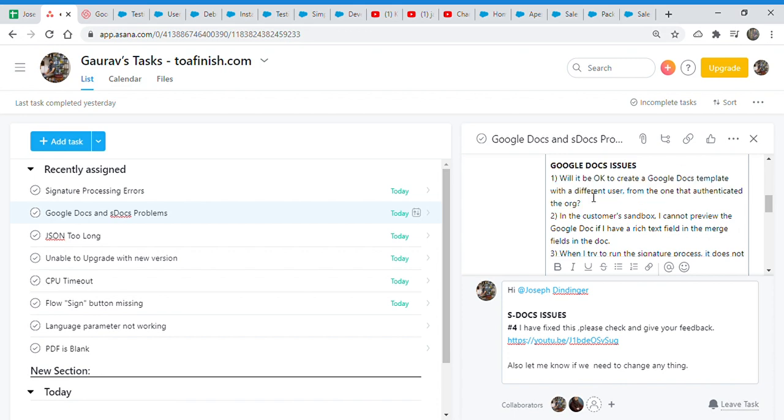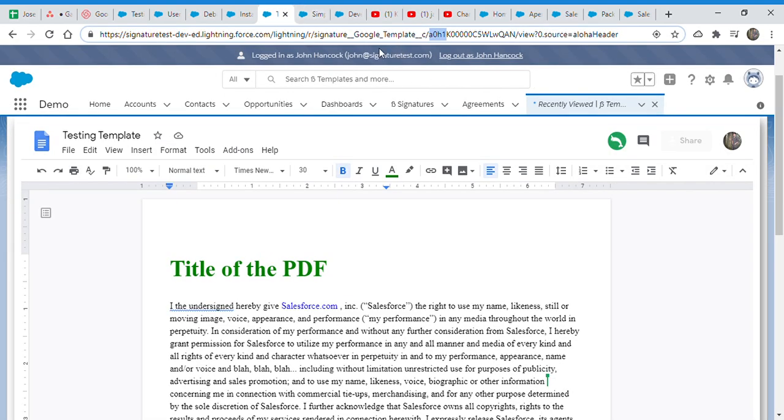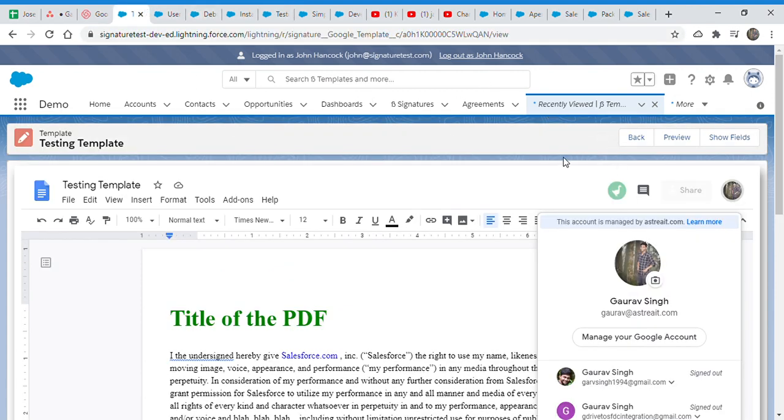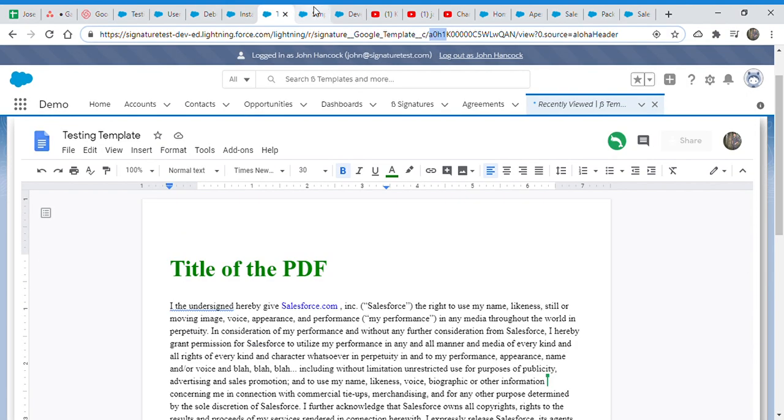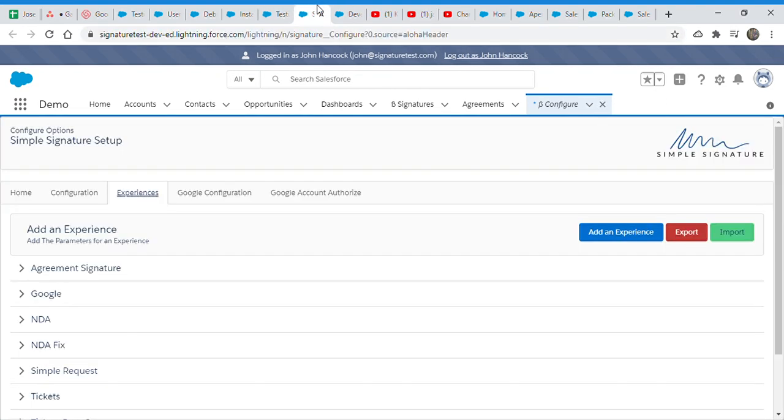Will it be okay to create a Google document template with a different user from the one that authenticated the org? So the question is something like, let's say you used one Google account to authorize for a single Salesforce user, and you want another Google account to create the template. I'm not sure if that's the question. Then I'm not sure how we can do that, like we need the access token and all, so that we can create a Google template automatically. If that's the question,